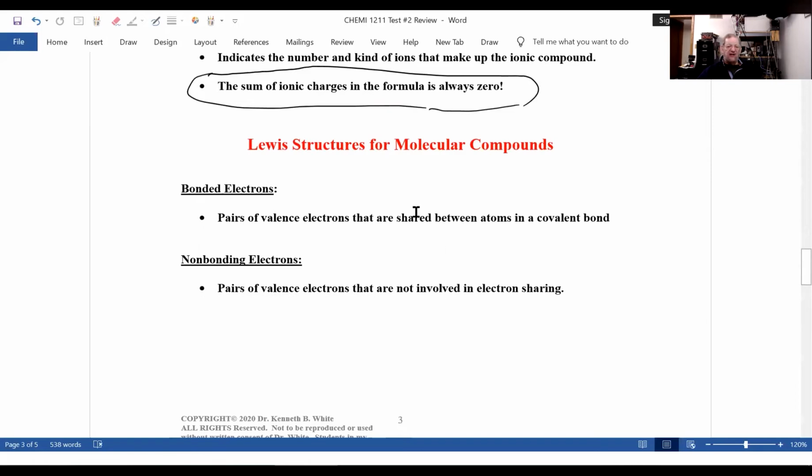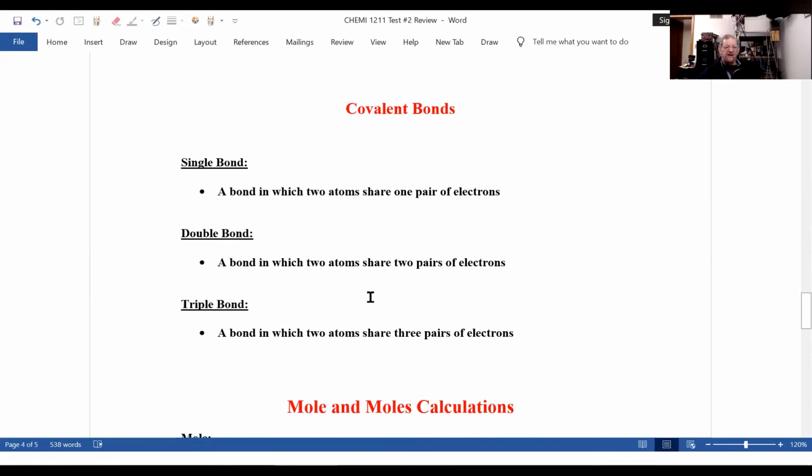Next, I talked about Lewis structures for molecular compounds or covalent compounds. And you have both bonded electrons, those are electrons involved, pairs, remember pairs of electrons are involved in a chemical covalent bond between 2 atoms. Non-bonding electrons are pairs of valence electrons not involved in electron sharing. Now, you should know